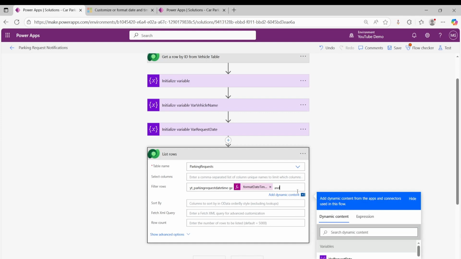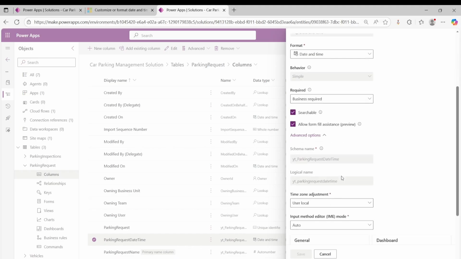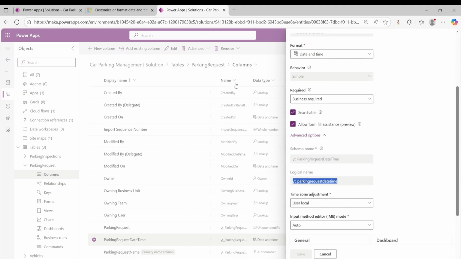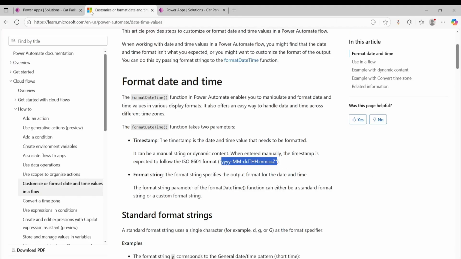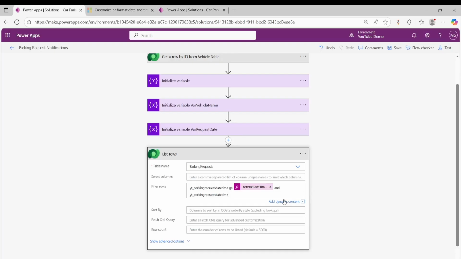And then I want to combine it here. I will say end. I'll go back here. I will just copy this one again. This is my column for the parking request date time that I want to format. And I'll put it here. And this time I will put LE. This is for less than, right? And what I'm going to put